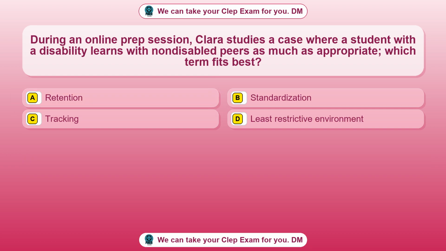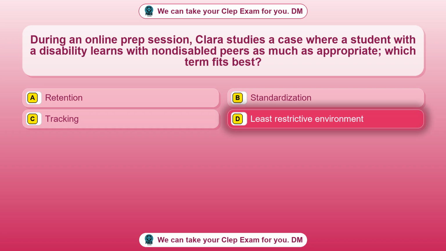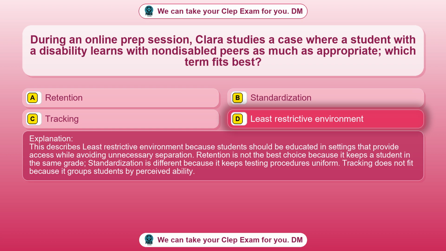Question 63. During an online prep session, Clara studies a case where a student with a disability learns with non-disabled peers as much as appropriate. Which term fits best? Option A, retention. Option B, standardization. Option C, tracking. Option D, least restrictive environment. The correct answer is option D. Least restrictive environment. This describes least restrictive environment because students should be educated in settings that provide access while avoiding